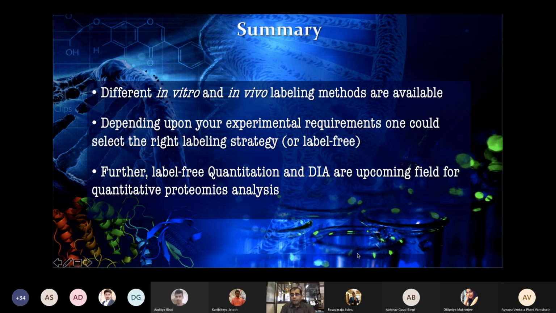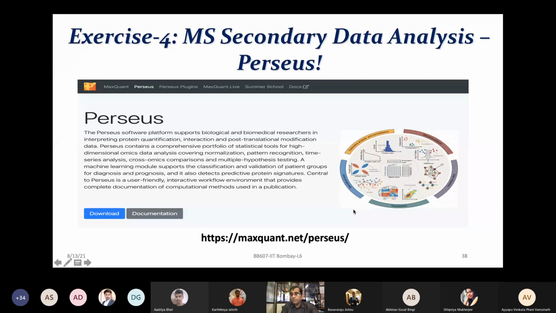So what we spoke about today is essentially the different types of labeling methods, and also the experimental context, which is very important, for choosing which strategy to use. And I think some of your questions were really leading us to conclude today's lecture: why we need to choose those types of labeling strategies, or not to choose them, depending on the experiments. There's so much innovation still going on, which I'm sure we will catch up on in the next lectures about data dependent acquisition as well as data independent acquisition based methods. So that's all right now from my side, from the theoretical aspect of the lectures.